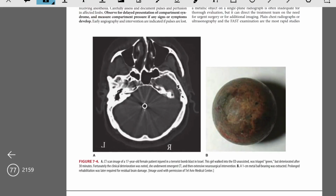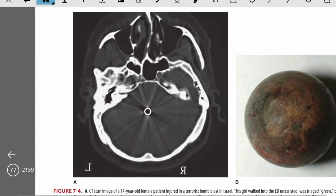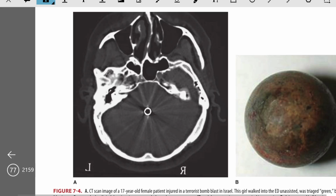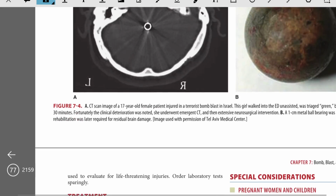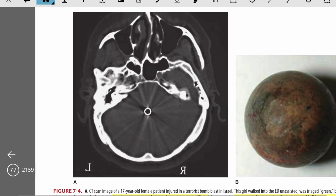So, you can see here in this CT scan of a 17-year-old female patient in a terrorist bomb blast, the girl walked into the ED unassisted and was triaged green, but deteriorated after 30 minutes. Fortunately, the clinical deterioration was noted. She underwent emergency CT and extensive neurological intervention. You can see here in the CT scan there is a small focus, and with that there are artifacts around